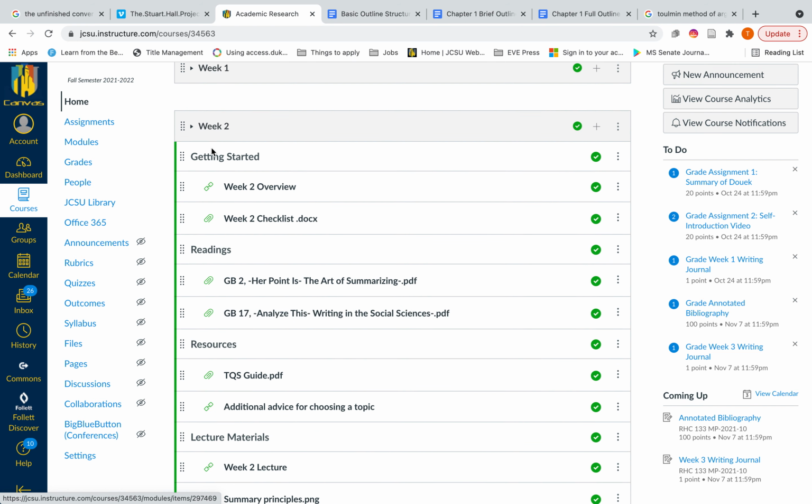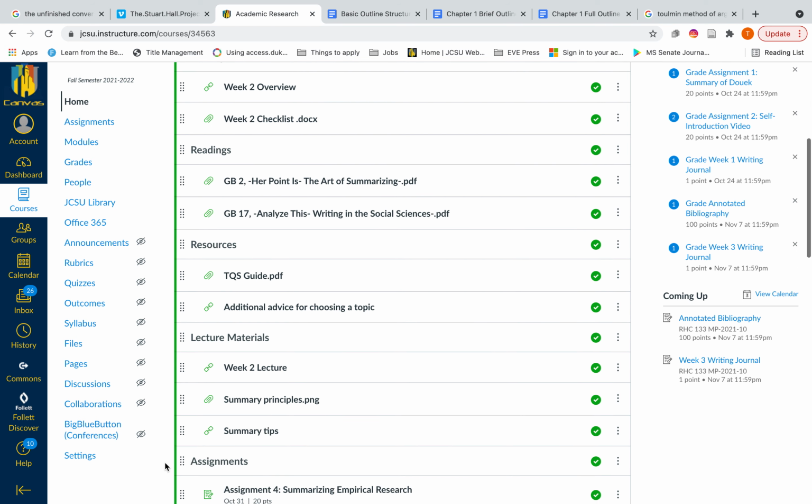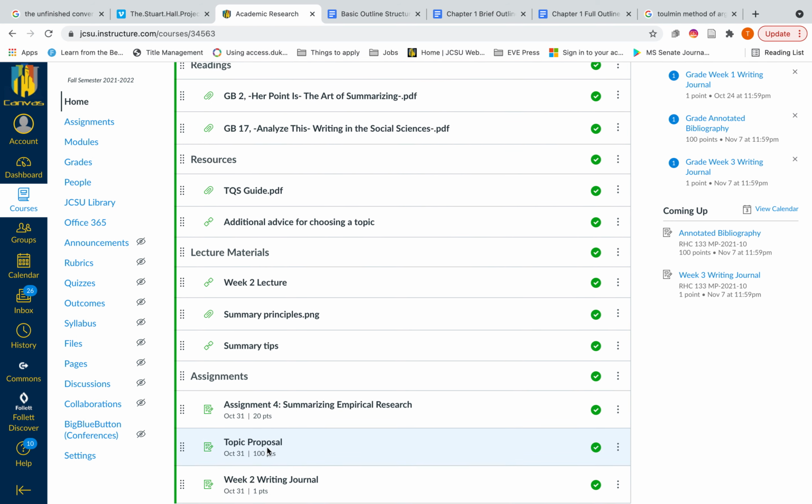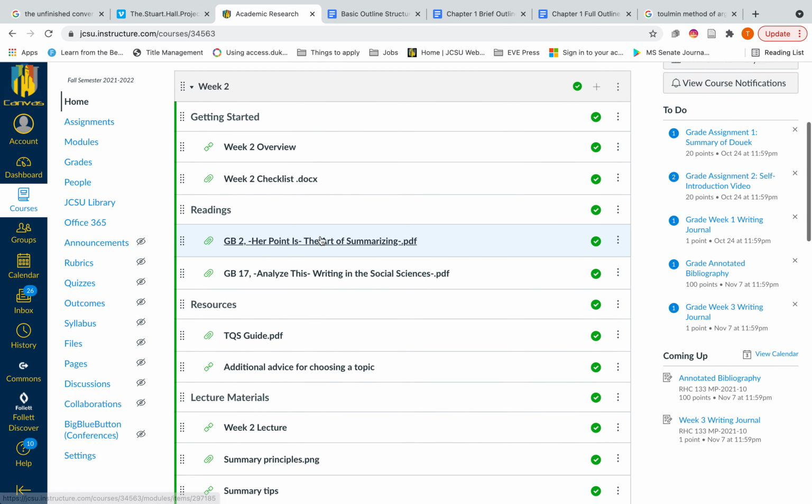In week 2, you began to think about what you want to work on for your final project in this class, and you did a topic proposal, as you can see here. And then you also started to think about summarizing opposing viewpoints and then taking a stance between them, and how to appropriately look at research and give each version of research a fair shake, even if you'd agree more with